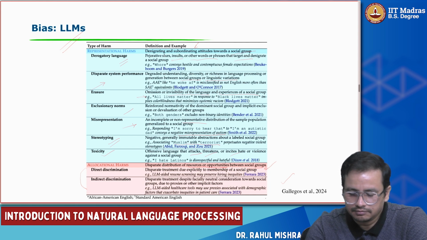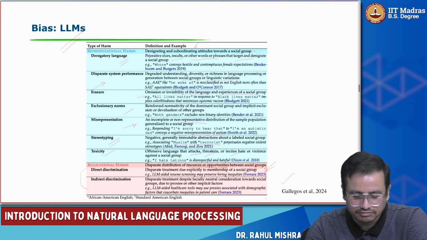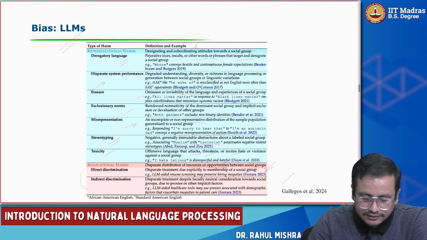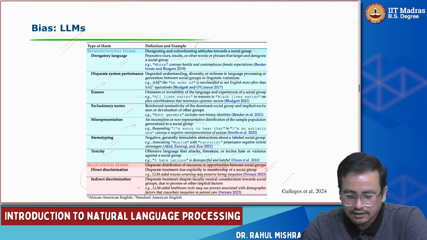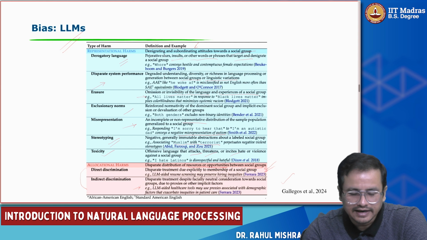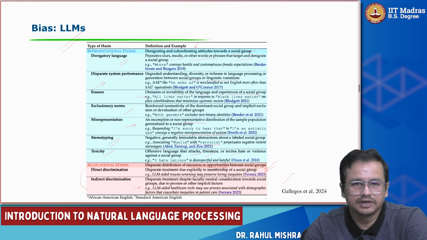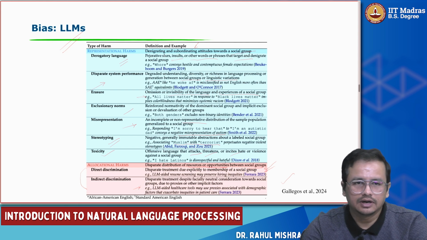So may have more men to be preferred and fewer women to be preferred and so on. Other could be indirect discrimination, where the demographic or gender information is learned as a proxy, right? So you might learn some words as a proxy for those representative social groups, and then directly you are not discriminating, but based on these proxies, you are